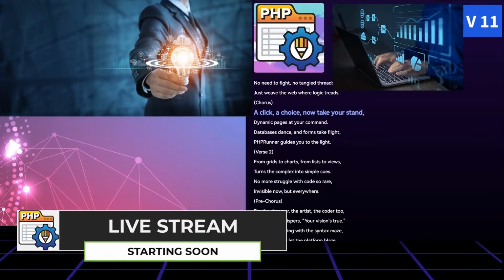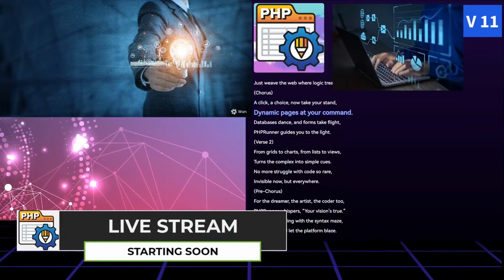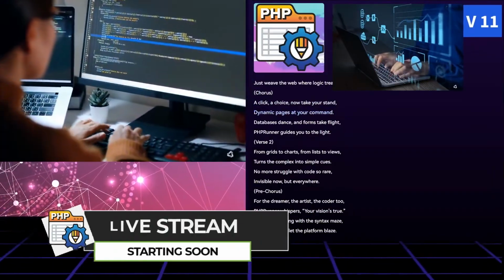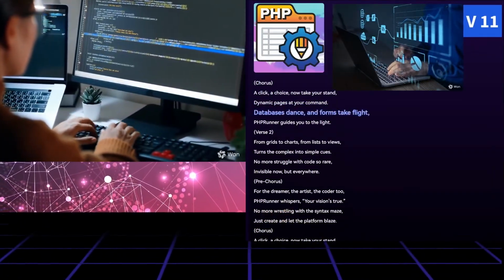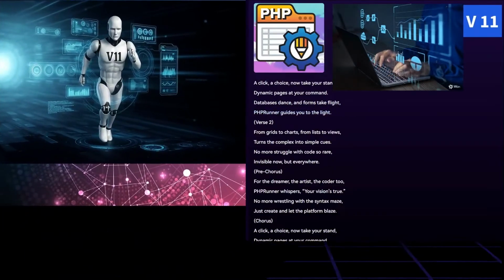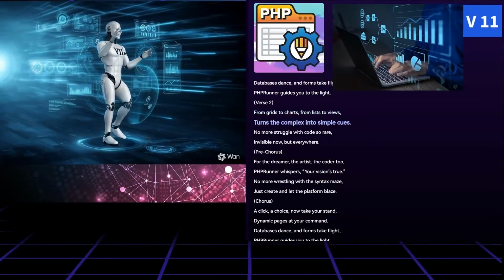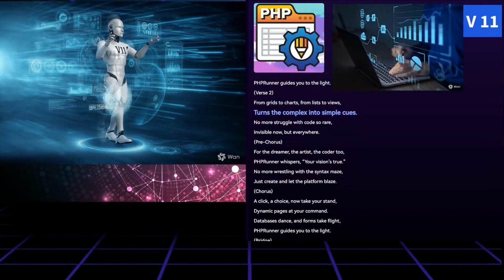A click of choice, now take your stand. Dynamic pages at your command. Databases dance and forms take flight. PHPRunner guides you to the light. From grids to charts, from lists to views, turns the complex into simple cues.